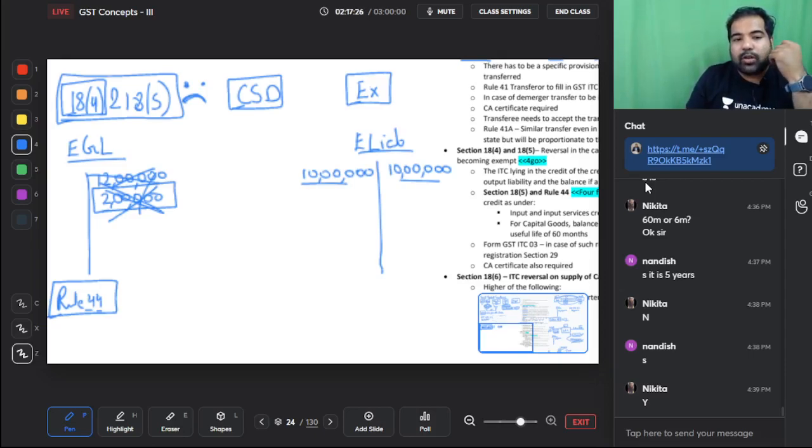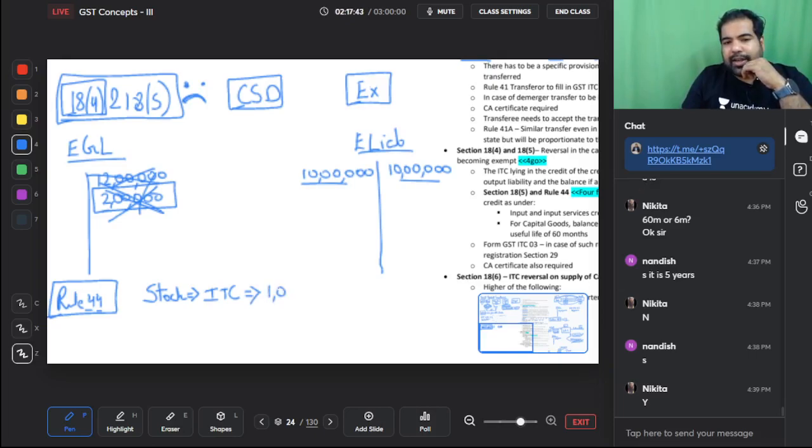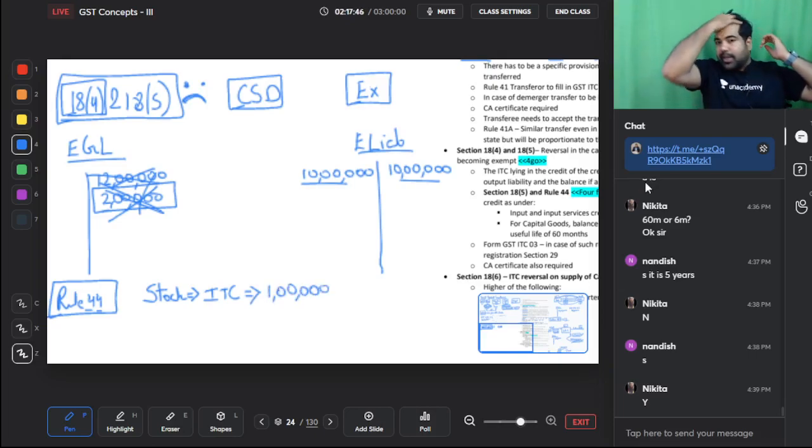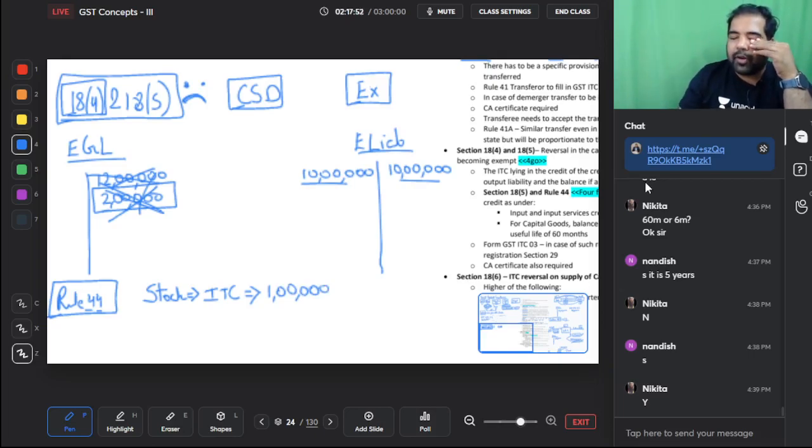But what about the stock that you have? Guys, before this scheme, on the stock you were getting ITC. Now you will not get ITC, so whatever stock you have, you will have to reverse it. So let's say you had stock on which there was GST of 1 lakh. Guys, again I will repeat this for people who are not understanding. 18.4 and 18.5 are unhappy situations for the government, because from now onwards the government will not get any GST or very low GST. So in this case, whatever stock you have on which you already taken ITC, the government says, listen, reverse it, because I am not going to get credit, so you will not get ITC. So okay, 1 lakh reversed.